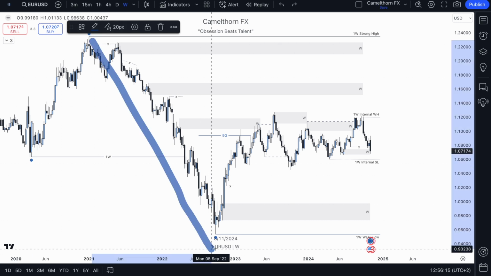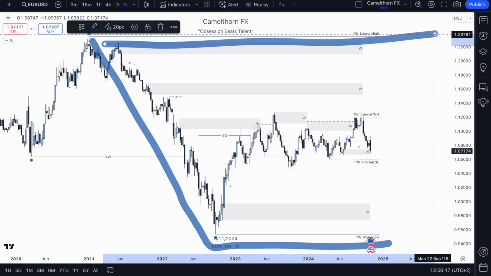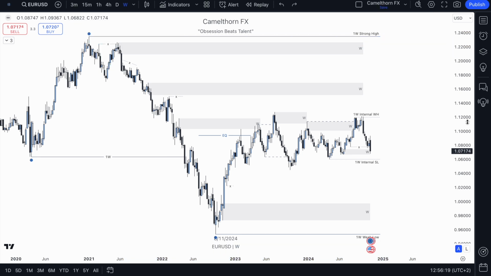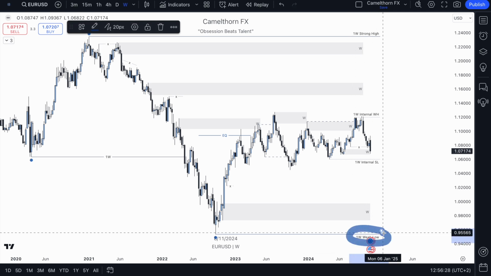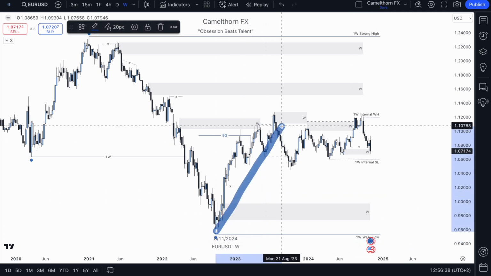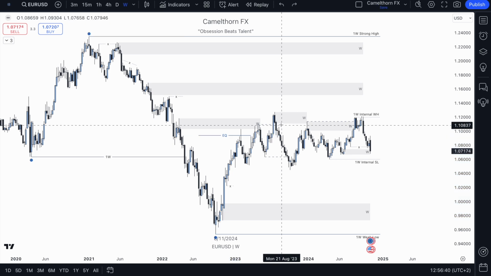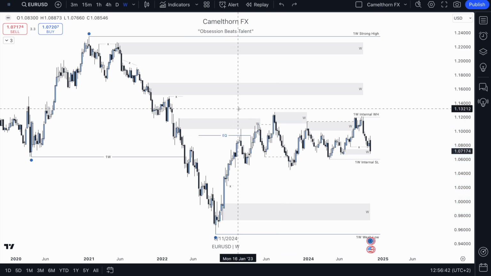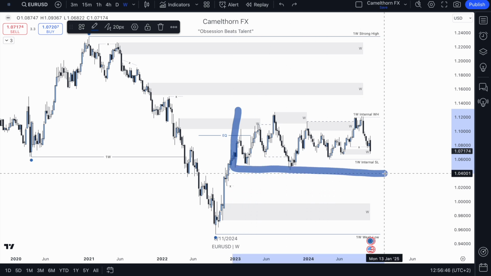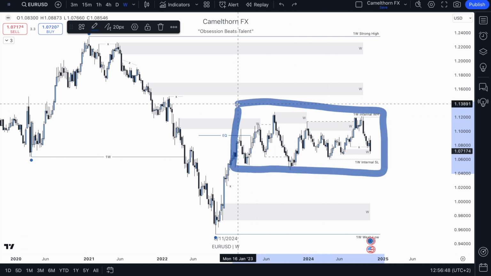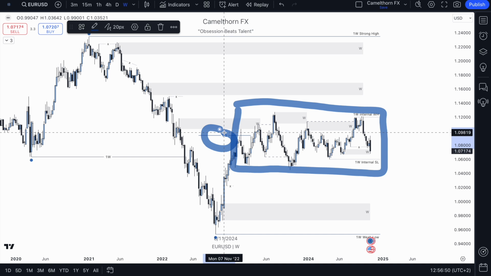We are trading within this bearish weekly range, and the current overall objective for price action as it relates to this weekly structural range is a violation of this weekly week low down here. Now, our weekly pullback phase is essentially taking place. However, ever since the start of January 2023, price action has essentially been consolidating in this area around the EQ